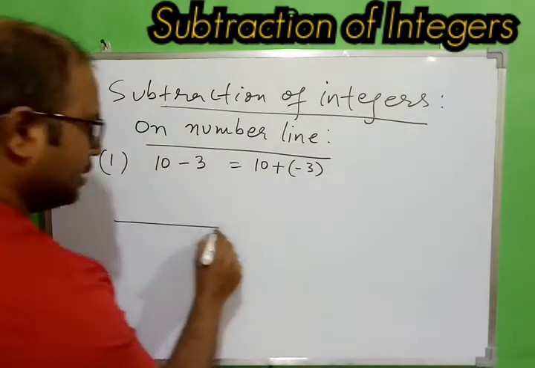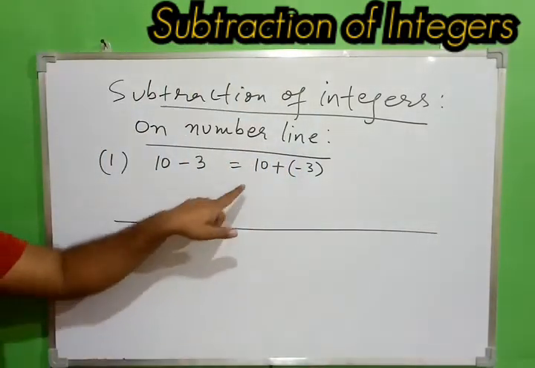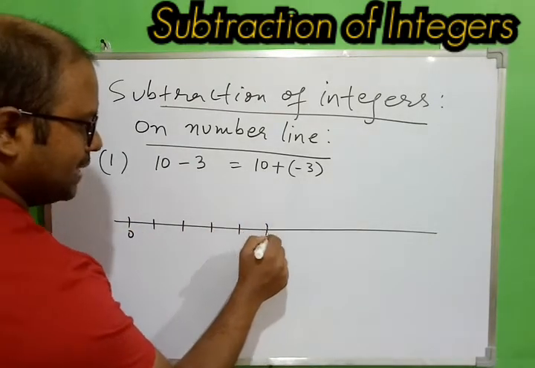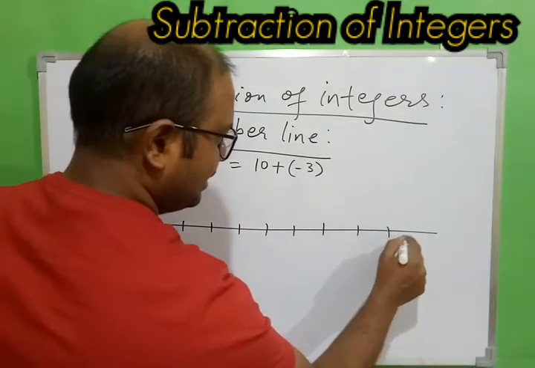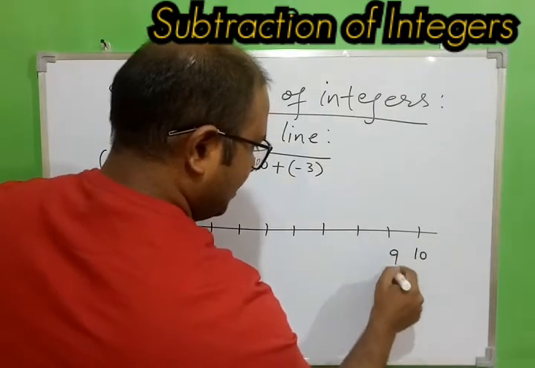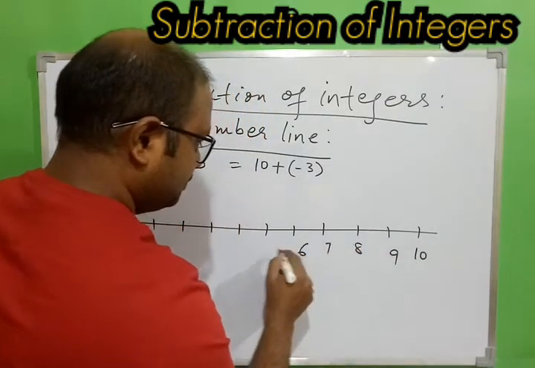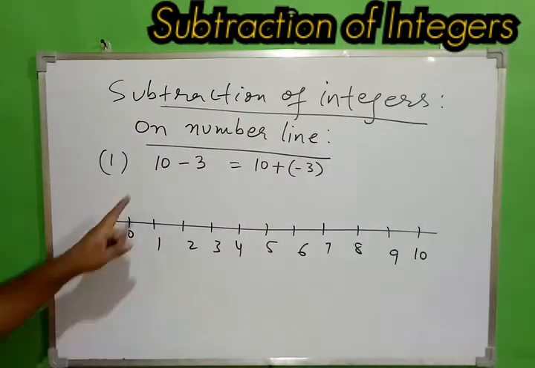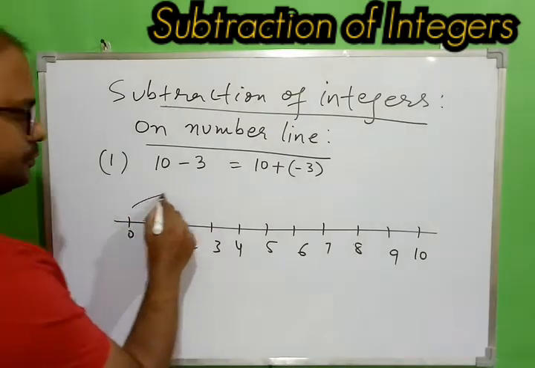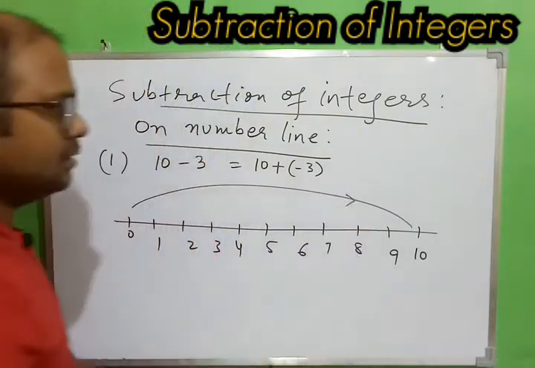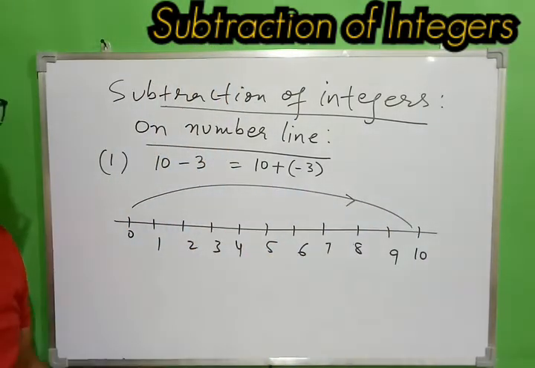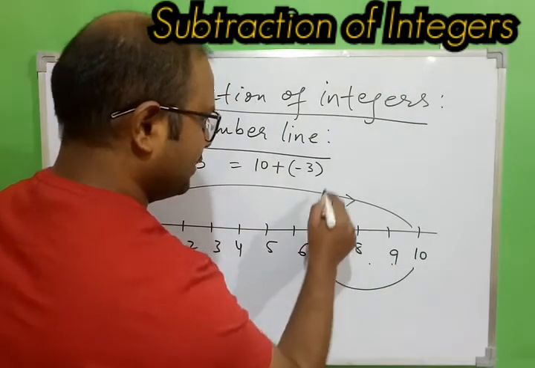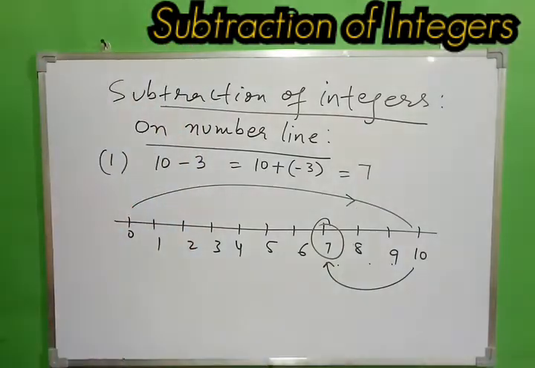So let's go for the number line, rough work. So very first we need plus 10. So let's go for 0, 1, 2, 3, 4, 5, 6, 7, 8, 9, 10. Okay, so this is the first thing. So very first we will go to plus 10, that we already know. And then minus 3 means we have to come 3 steps back. 1, 2, 3. So where we are coming finally? 7. So answer is 7.